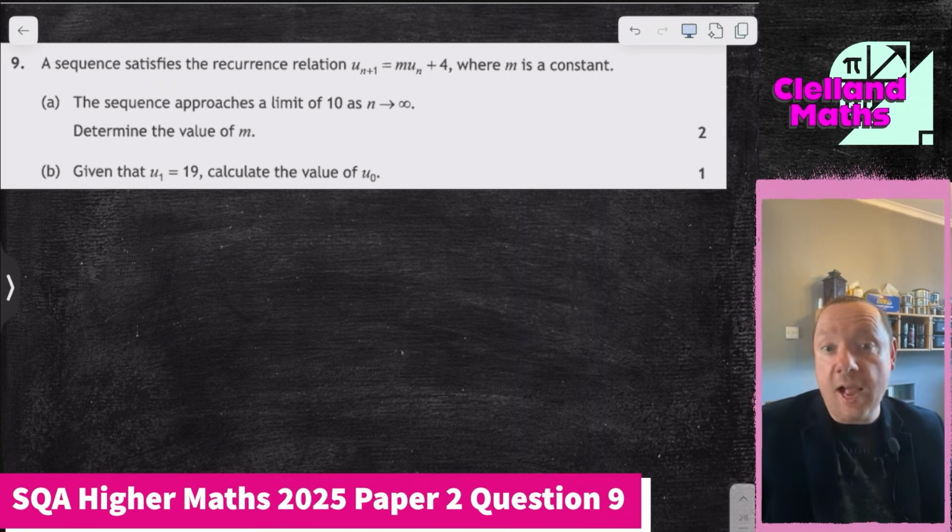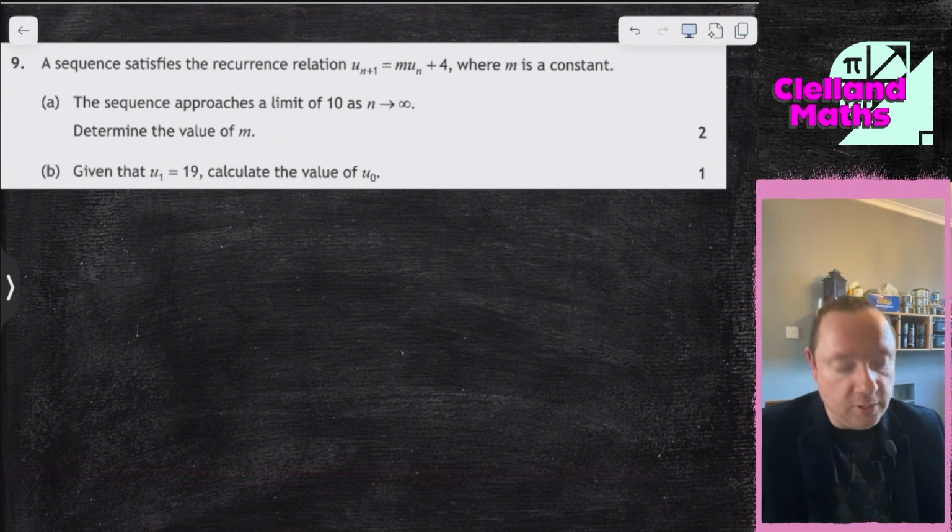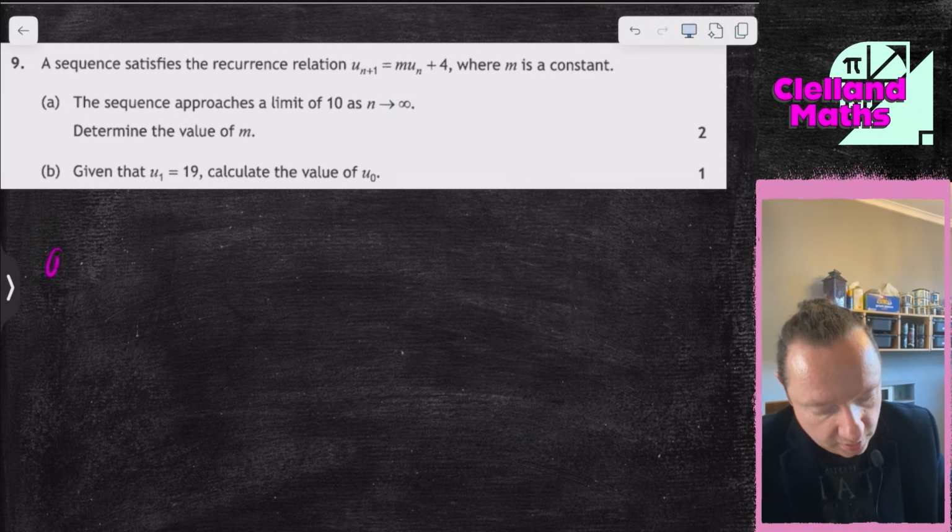SQA Higher Maths 2025, Paper 2, Question 9. A sequence satisfies the recurrence relationship u(n+1) equals m u(n) plus 4, and m is a constant. The sequence approaches a limit of 10 as n goes to infinity. Determine the value of m. I'm still going to say the limit